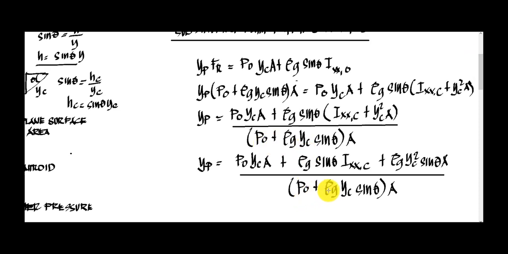You have P sub atmospheric plus density yc, then you have your sine of theta times your area,